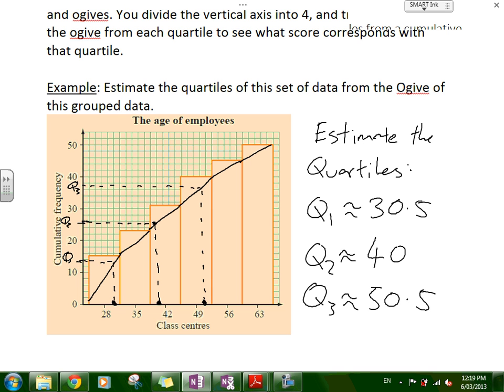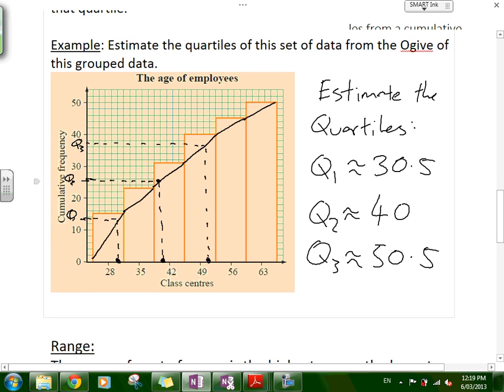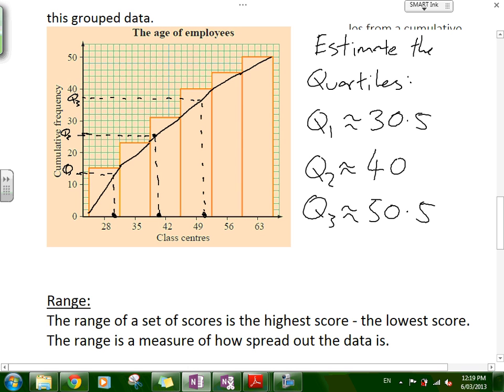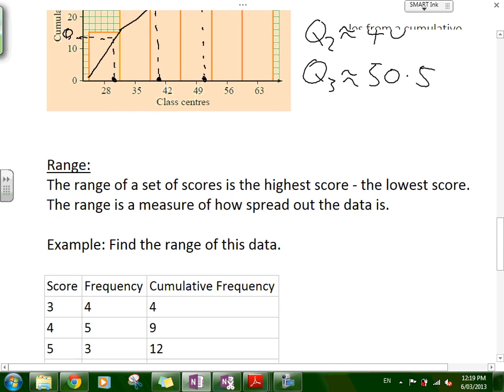Alright, any questions there? Good? Nice, make sure you have it nicely marked on the graph that you've drawn, how you draw the line across and see where it falls on your graph. Now, carrying on,